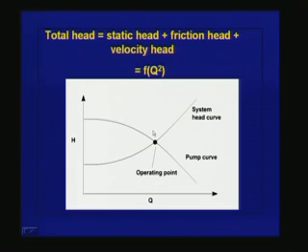Now the system head depends upon the discharge in the pipe, and typically it varies as the quadratic power of discharge, or the total head is a function of Q square. So for different values of Q, we will find out the total head in the system and we can plot that curve, and that is what we call the system head curve,